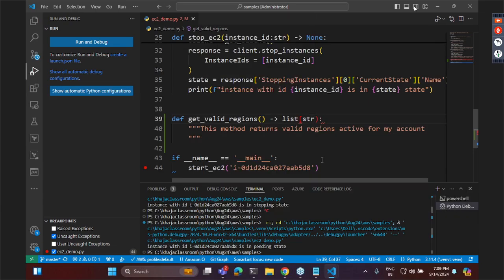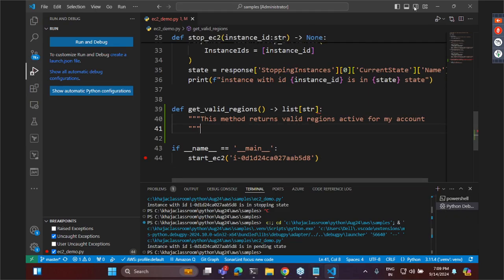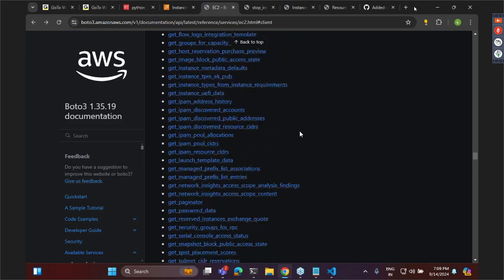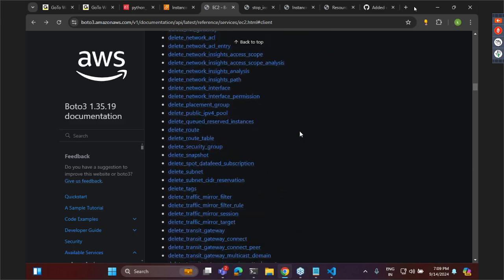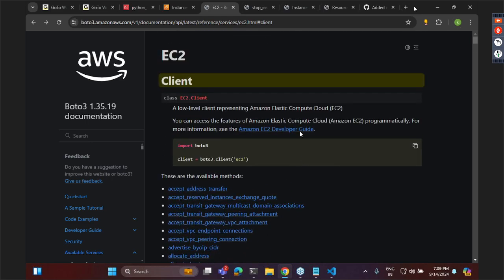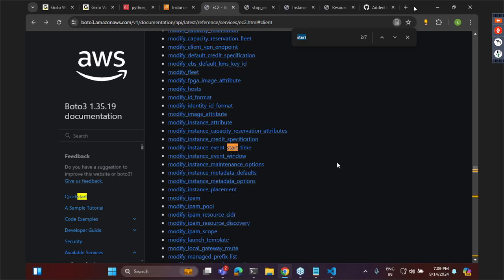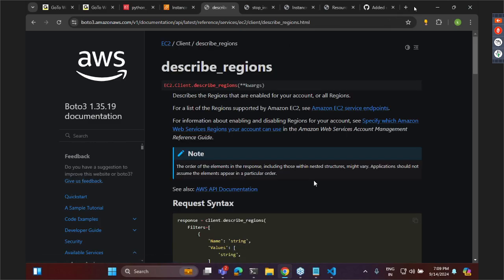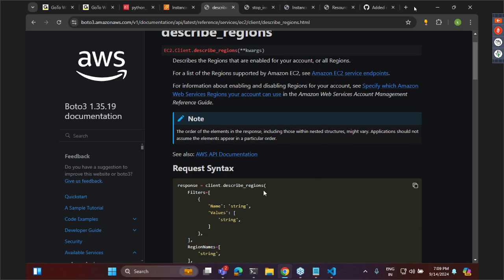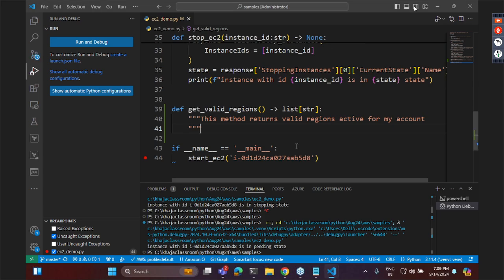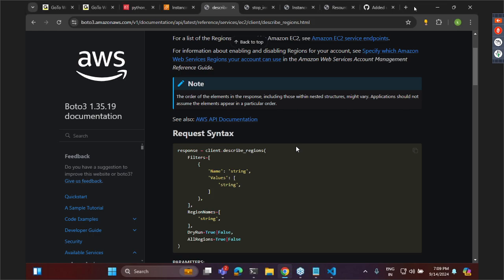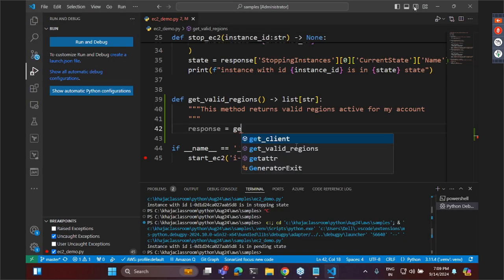So let me try to get this programmatically. Okay. Now let me go with EC2 methods. So in EC2 client, let me try to see if there is anything called describe regions. So all the regions where basically you have the stuff. So now response is equals to what is it? Get client